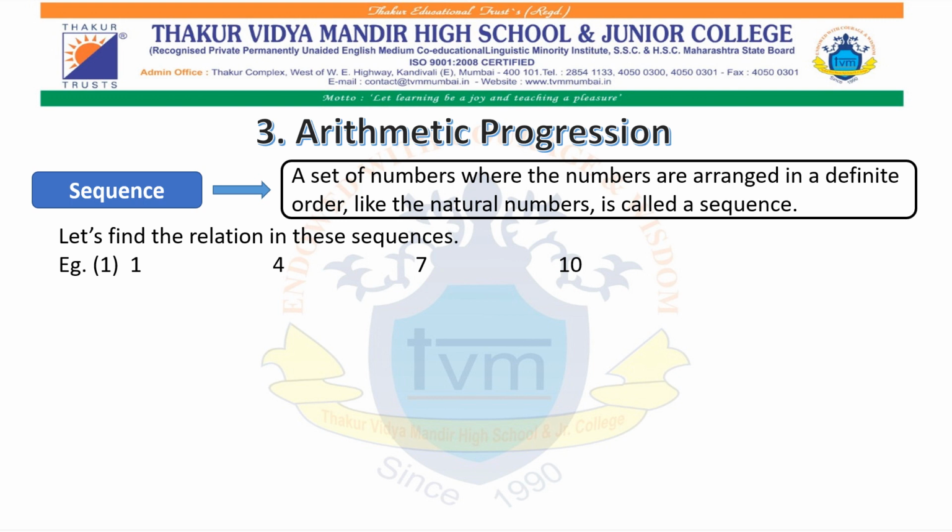The relation between the first and the second term is that they added 3 to the previous term and got the second term, that is 4. When we check the relation between the second and the third term, again the condition remains the same. They took the previous term 4, added 3 and got the next term, our third term, that is 7. For getting the fourth term, again the condition remains the same. They took the previous number, that is 7, added 3 and got the next term. Means here the condition is that to derive the next term they added 3 to the previous term.